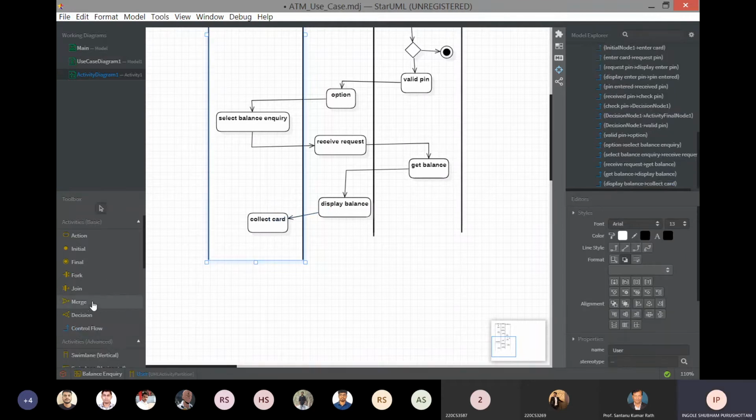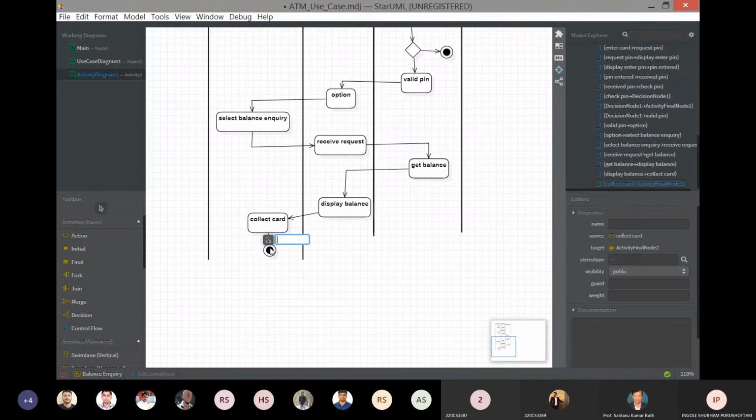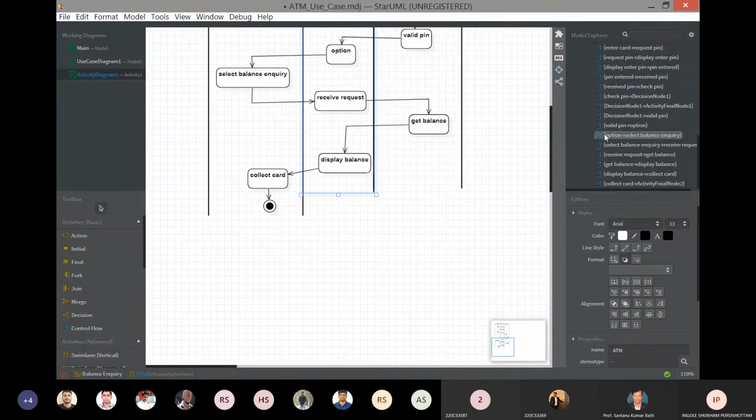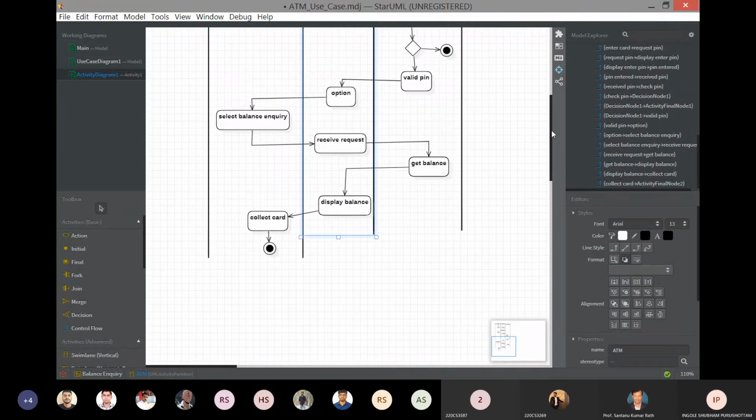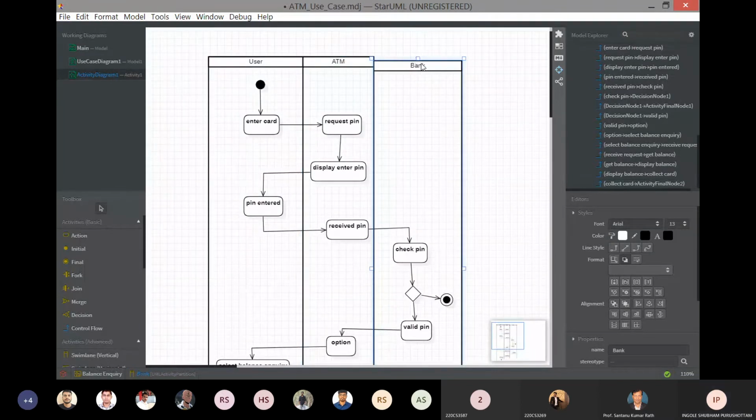And the final state, the third option, in the end, the flow from collect card to final. Activity diagram.